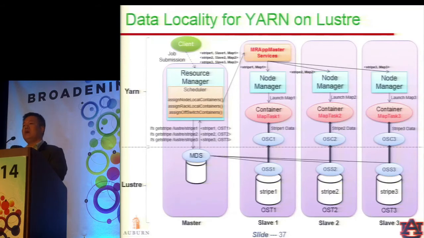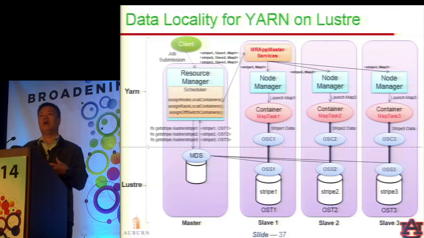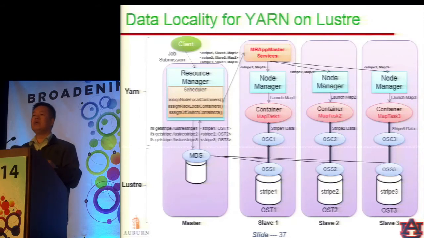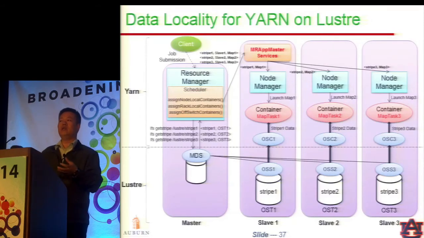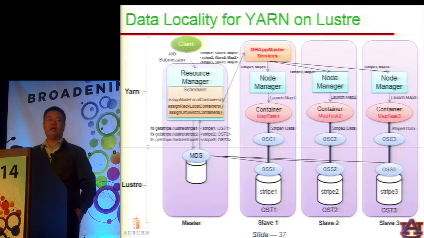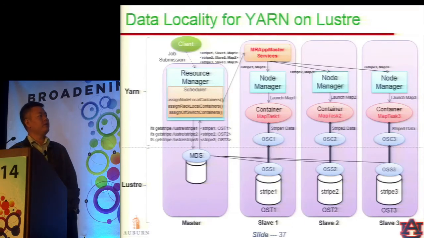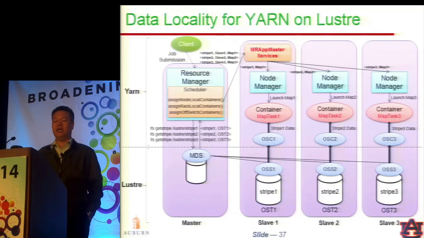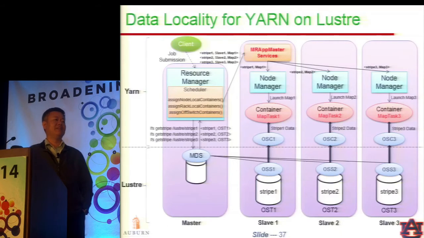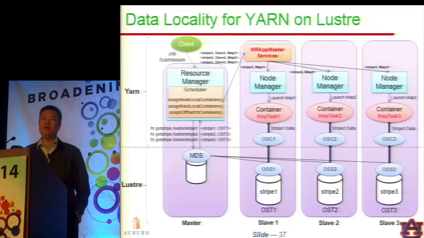Now we have seen the impact of data placement. Now we want to see the impact of task scheduling. Normally, if you run YARN or Hadoop on HDFS, they automatically try to schedule the tasks to where the data is located. But with Lustre, this may not be the default case. I bring to your attention this complex figure. My student was trying to show me his deep understanding of the code stack, but it really doesn't need to be so complex. But I want to give you a high-level picture.